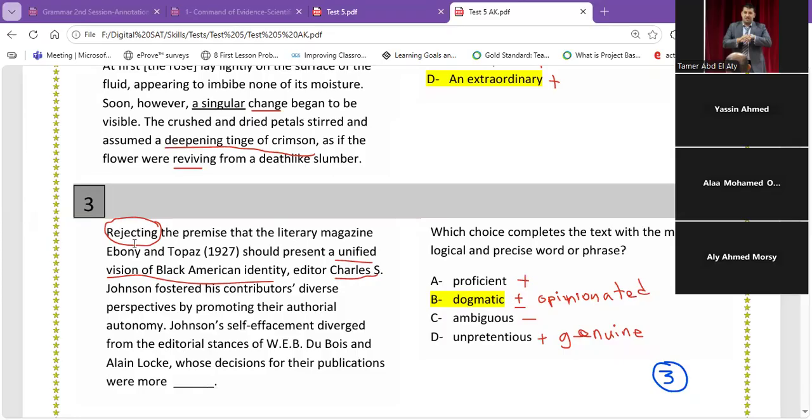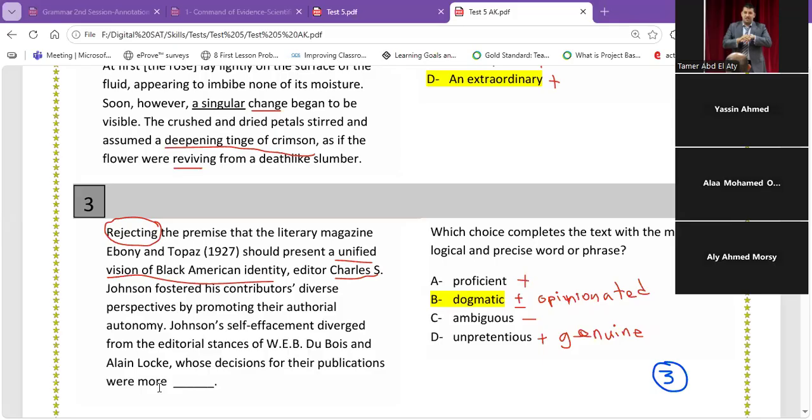No. So what you're going to do, because we have neutral, go to the context clue. Here he said: rejecting the premise that the literary magazine Ebony and Topaz 1927 should present a unified vision of Black American identity, editor Charles S. Johnson fostered his contributors' diverse perspectives by promoting their authorial autonomy, that they can control everything. Johnson's self-effacement diverged from the editorial stances, diverge, not be the same, of W.E.B. Du Bois and Alan Locke, whose decisions for their publication were more